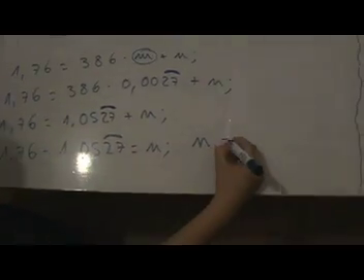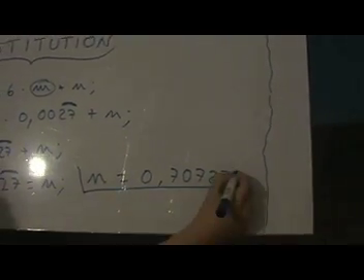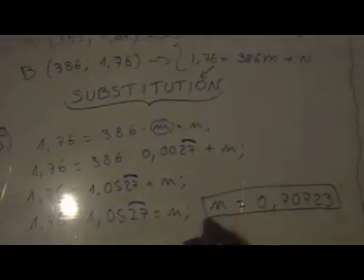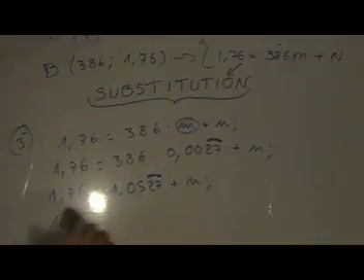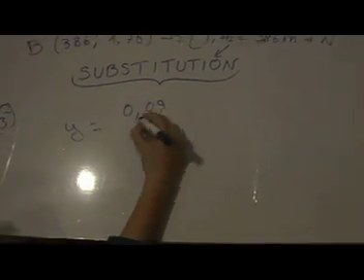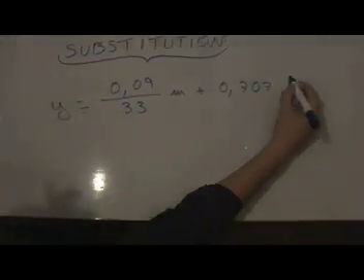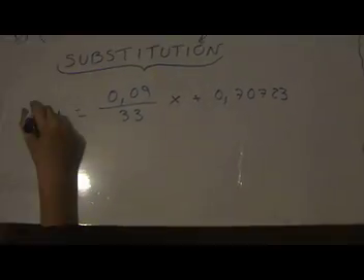The n is equal to 0.70723. And the m is equal to 0.00 periodic 27. So the final equation is